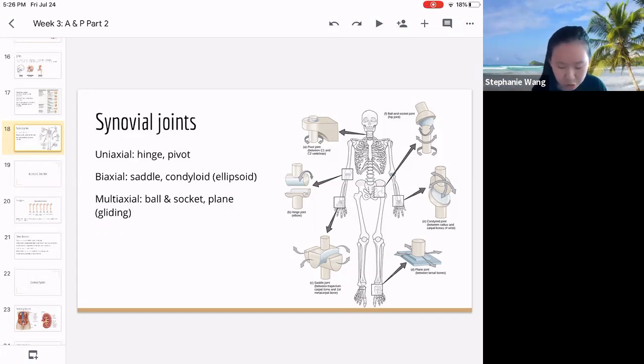Okay, next, these joints, I'm pretty sure they're quite self-explanatory. There's not really a most important, but some very important ones are ball and socket joints, which you will find in your elbow and your hip. You can move anywhere you want with these ball and socket joints. And then another one that's very noteworthy is the saddle joint. There's very few saddle joints in your body. The most important one is the one at the bottom of your thumb. This bottom of your thumb can move so that your thumb can touch your pinky. That's why humans have opposable thumbs.